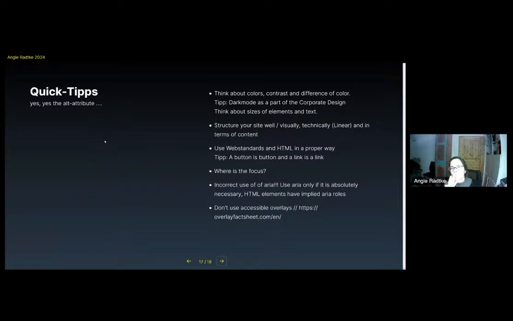Think about the sizes of elements, because of how big the touch targets are. Structure your site well, and this is the most important thing. It's so important. Structure as well in between the visuality, the linear technology, and the terms of content. And content is much more important than most people think, because we're building websites to bring content to